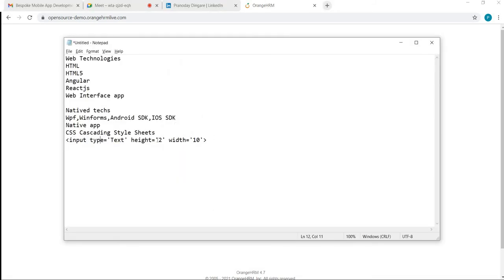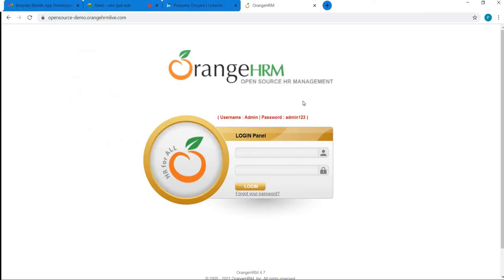So if I want to define another text control with the same dimensions, same look and feel, the attributes like height, width, color, background color are responsible for the look and feel of that control, and the look and feel of similar controls is kept uniform in the web application.